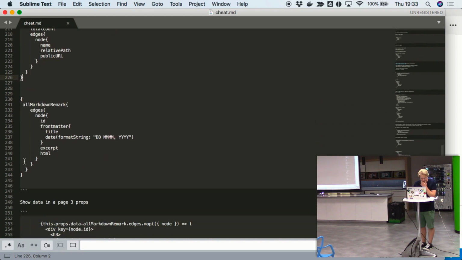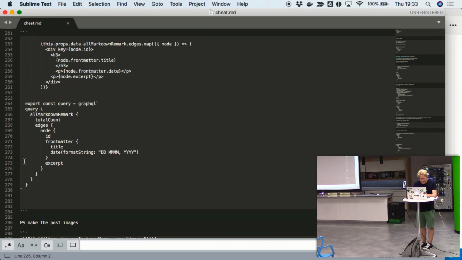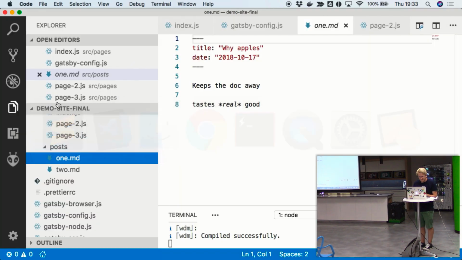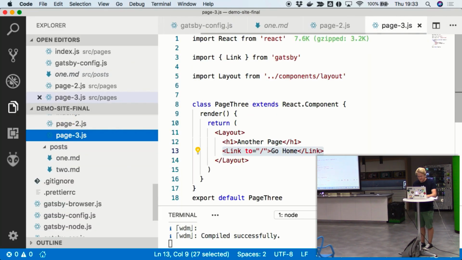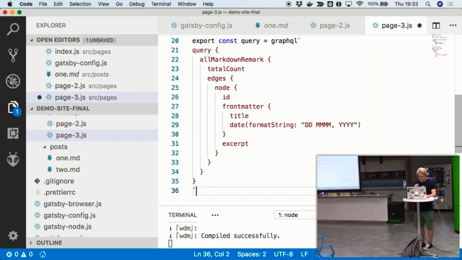So let's just paste it all. Let's just do the main. I won't show you in the GraphQL Explorer thing, but I'll just put this in page 3. So I'm querying all the markdown. I can give it some formatting. I can even format the date, which is nice. And that'll give me out what I want.